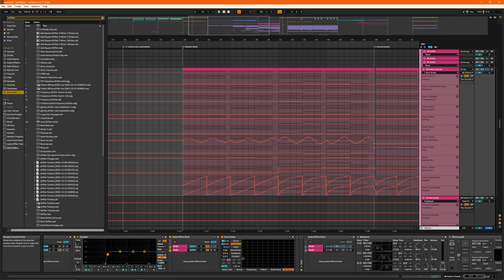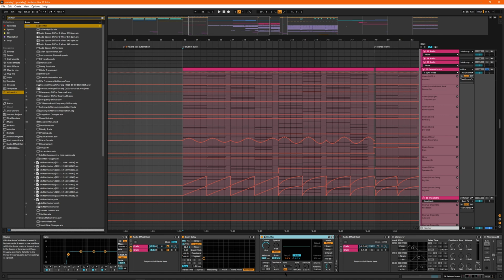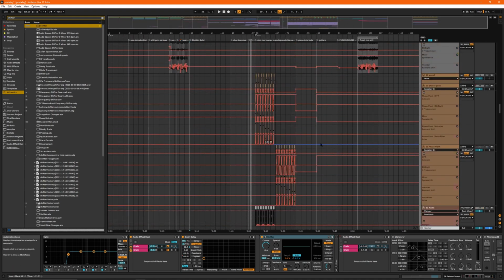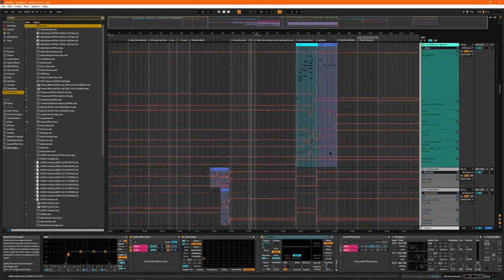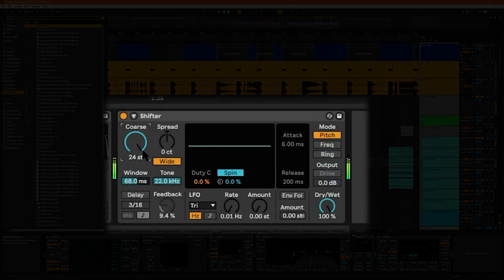shifter right here. Shifter is a very good effect, but it has a little section down here in the bottom left corner that's often overlooked in my opinion. The delay section. So here, I should probably actually put this on a more percussive track. Let's see if I can find something real quick. So what shifter's doing right now is it's turning it up by 12 semitones. That's 24, 12, 0, negative 12, negative 24. It's just octaves. But if I turn up the delay, turn the feedback up, like that, and then turn it up by 1 semitone,